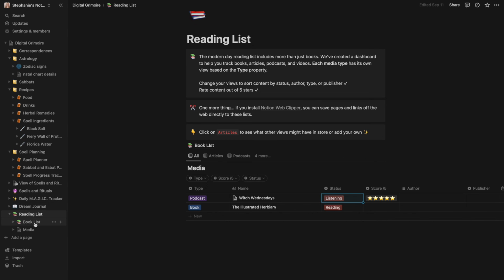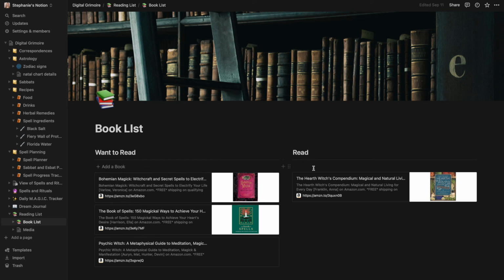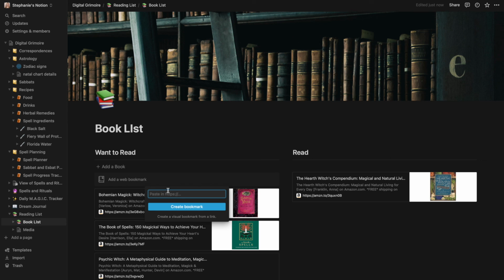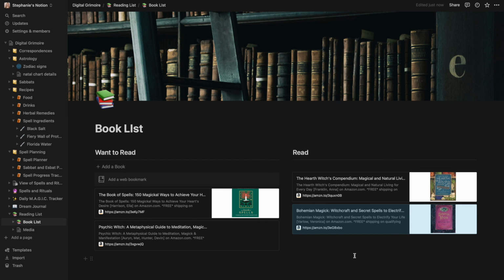But here I also put a more traditional book list for you. Want to read and read. And these are just linked from Amazon. So all you would have to do is just add a book here and create the link here, and it would create one of these bookmarks. And then once you have read it, you can drag it over right here to move it into the read page. So it's a great way to track what you have read throughout the year,